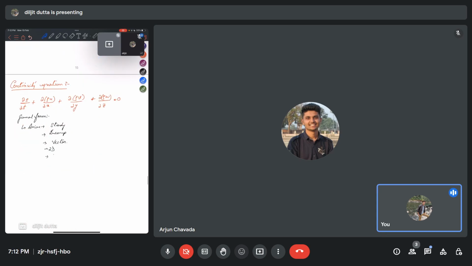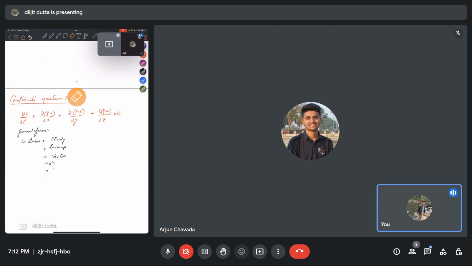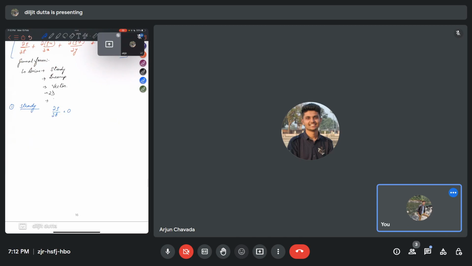And then there will be just a brush up of the continuity equation. So I won't be deriving the continuity equation because it has already been derived. I will just say the generalized form of the continuity equation is this. That is del rho by del t plus del rho u by del x plus del rho v by del y plus del rho w by del z equals 0. So now in case of steady flow, del rho by del t equals 0. So the equation becomes